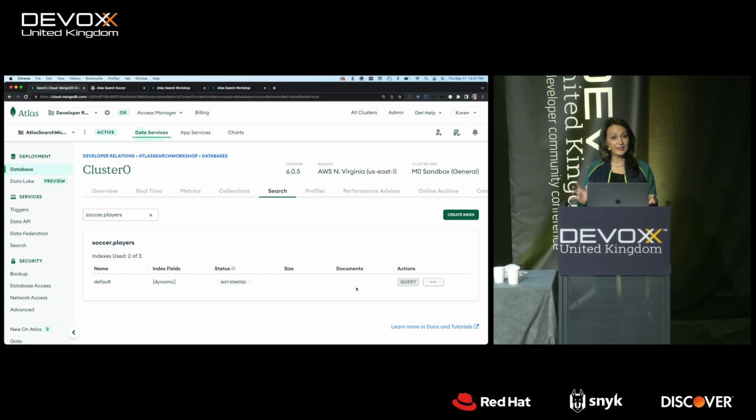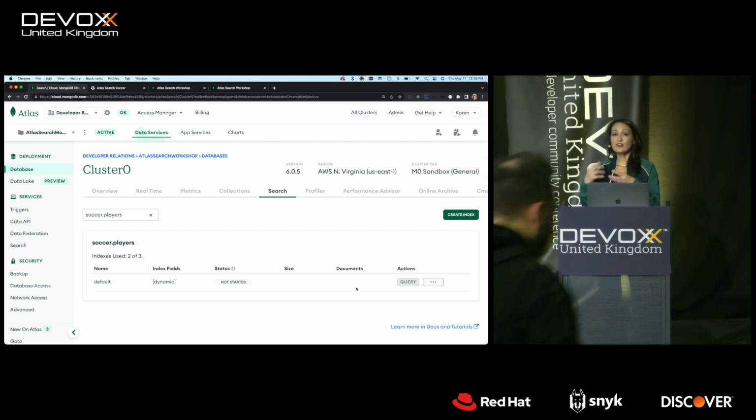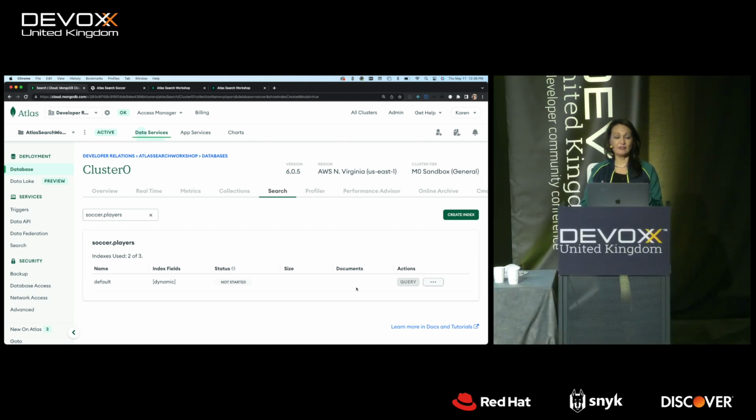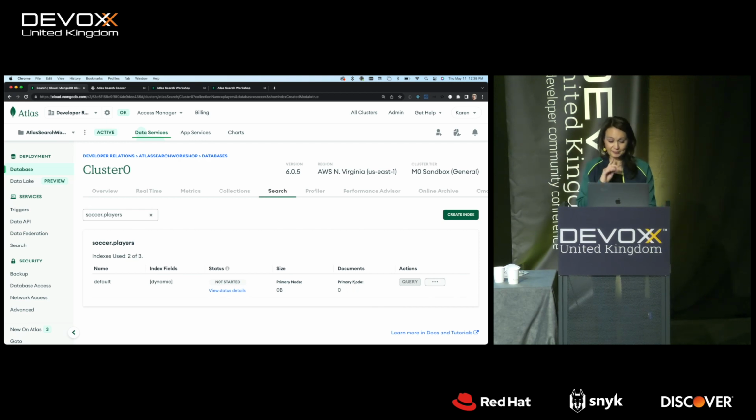Now, I'm creating the index, which means that it is going to map across all the fields and all the documents in my collection. So mapping dynamically is simply how we define those fields. If it's a string, it's going to be defined as a string, etc. But the nice thing about mapping dynamically is that it can change as your schema evolves. If you're going to embed objects in different fields, it's going to listen for those changes, and it's going to map that data automatically. So you don't have to kill your index and recreate it every time you change your schema, which is nice. So now that we have that,